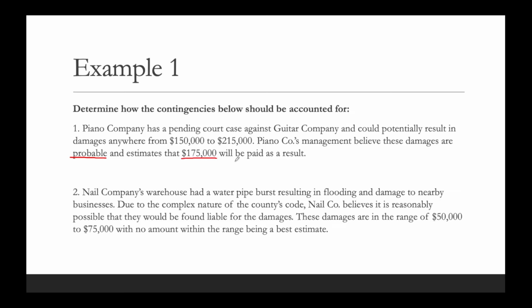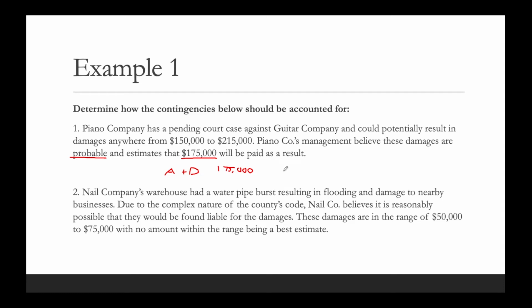So on the previous slide, as we know, any loss contingencies that are found to be probable, we're going to have to provide an accrual, so A for accrual, plus a disclosure. And in this case, we'll provide an accrual plus a disclosure of management's best estimate, which we found out to be $175,000. So moving on, number two, Nail Company's warehouse had a water pipe burst resulting in flooding and damage to